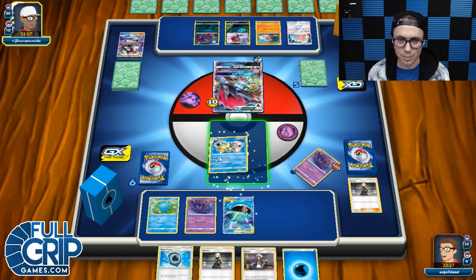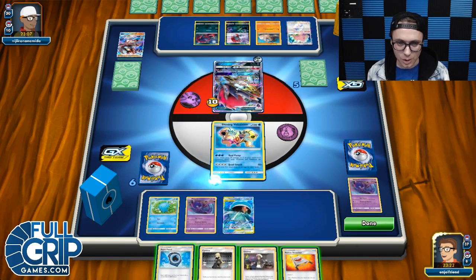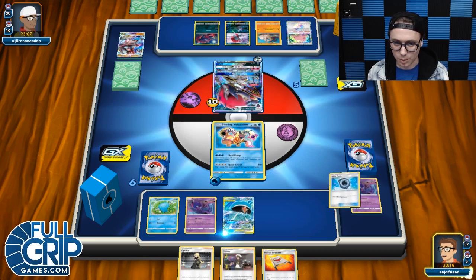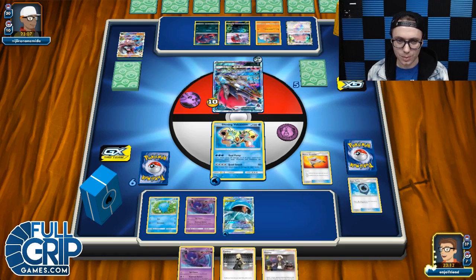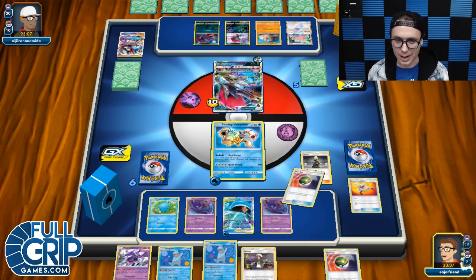That's all good. And then we'll put the Shining Volcanion into the active position. He's a little bit more difficult to knock out, so that's all good. We'll Aqua Patch here. That's fine as well. We can put it on the Whale. And we'll Rescue Stretcher 2, get our Poipole back, and then Cynthia. So we're still cruising, doing okay. Let's get it. Cynthia for 6 new cards. And we got